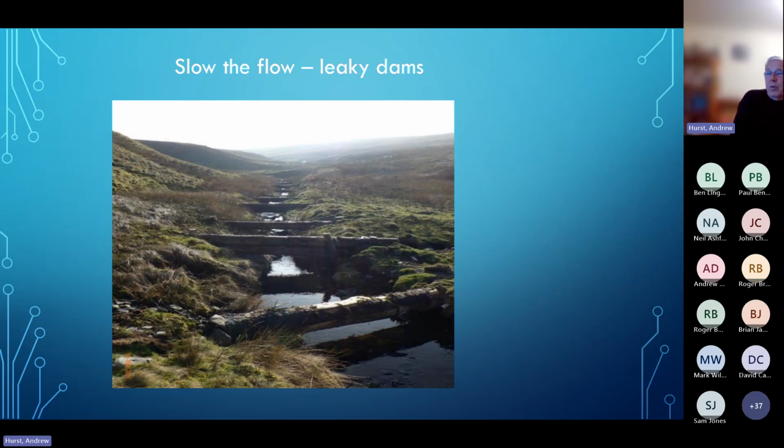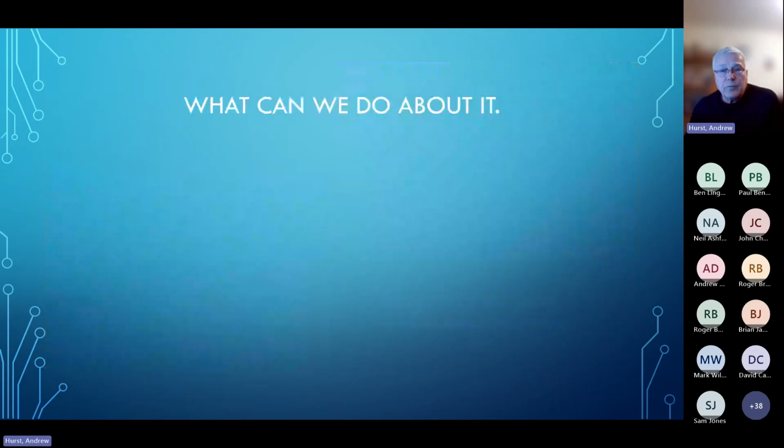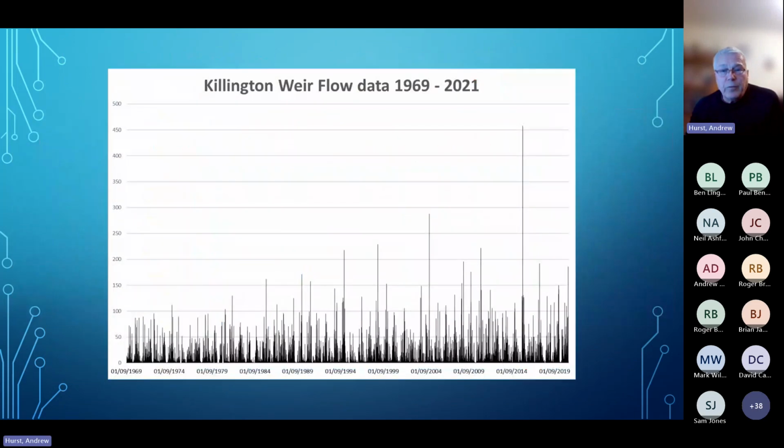However, on another beck at the top end of the system, we've introduced some leaky dams, and these have proved to be really worth their weight in gold. Because if you remember, if I go back to one of the earlier slides, and I'm sorry, bear with me, if you look at this slide here, it's important to see here that this